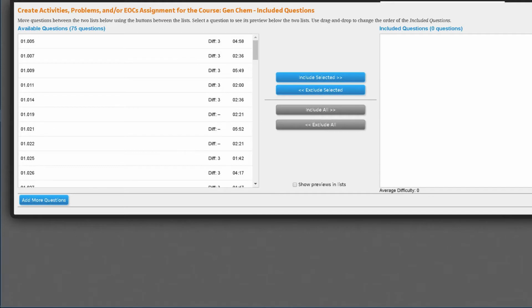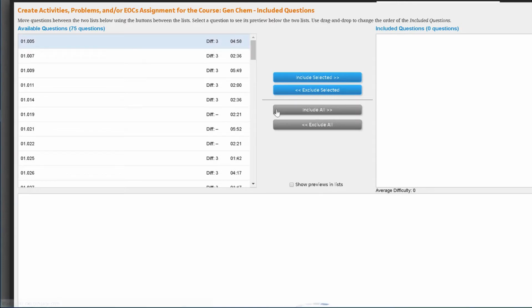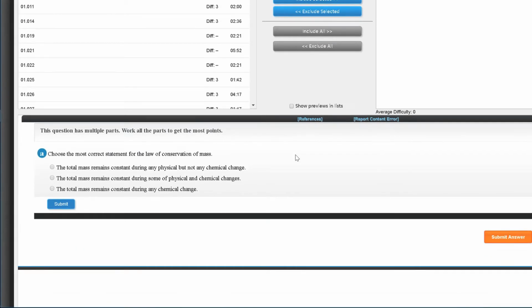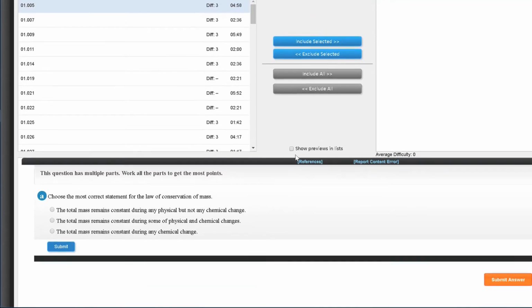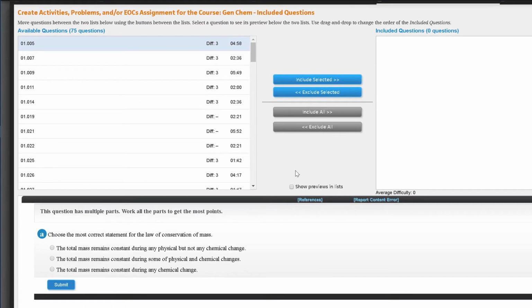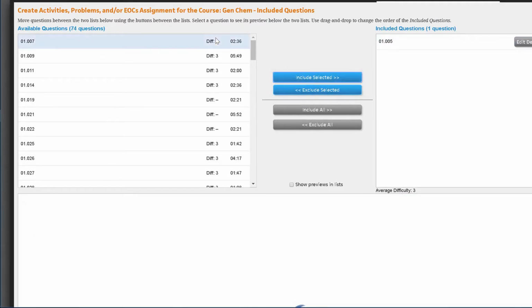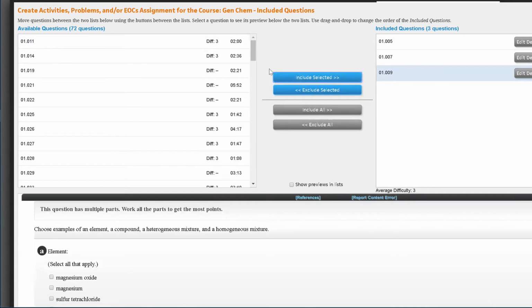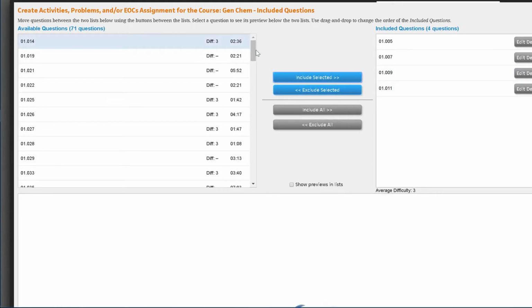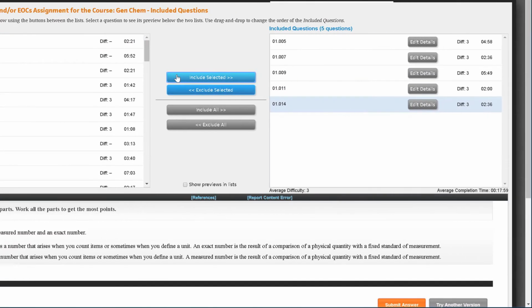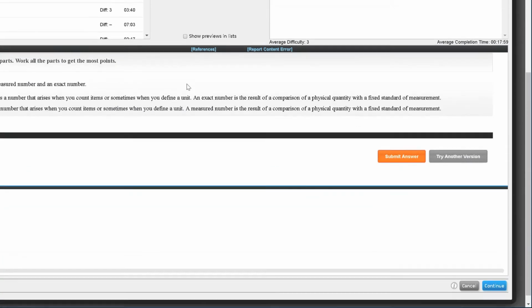Next, you will be asked to select the questions you wish to include. You can click on each individual question, which will highlight it, and present a preview of the question. Notice that the numbering of the questions matches the question numbers of the end of chapter questions in your book, so you can also look at your book as you select questions. Any question highlighted can be added to the assignment by clicking on the blue Include Selected button in the center. When you have finished with your question selection, scroll down to the bottom of the page and click on the